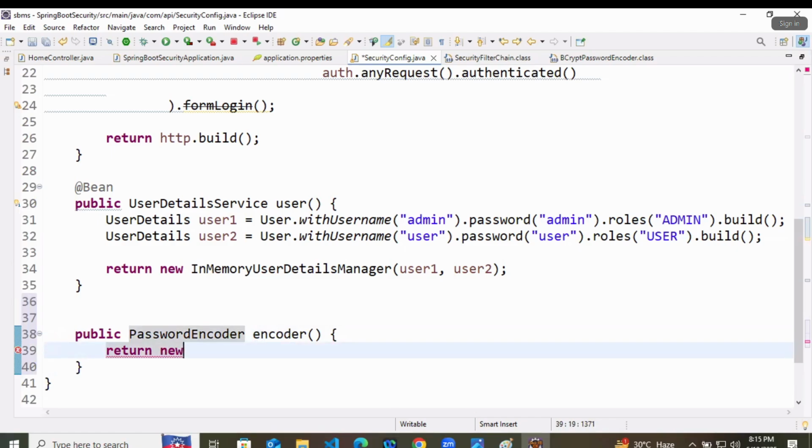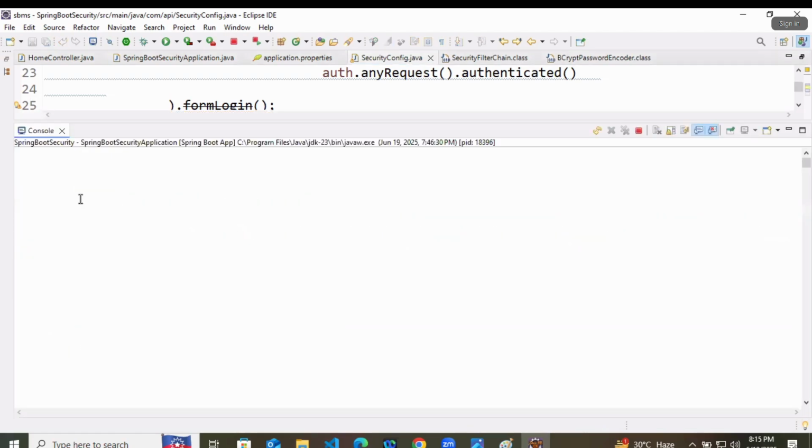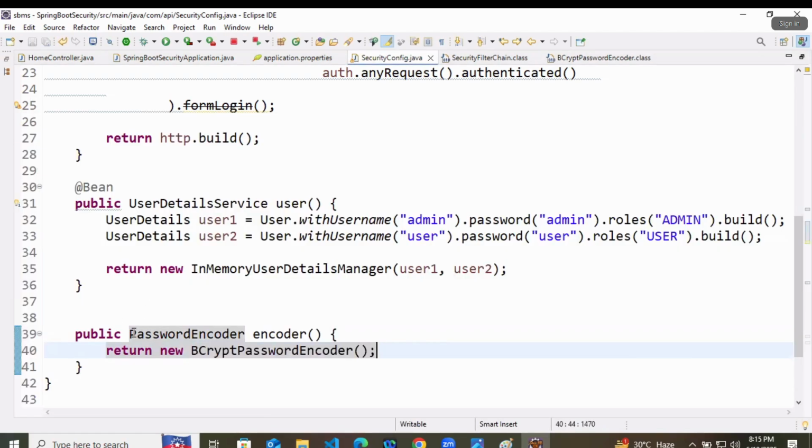Return new BCryptPasswordEncoder. That's it. You cannot directly autowire it. That's why I have created its method and using this.